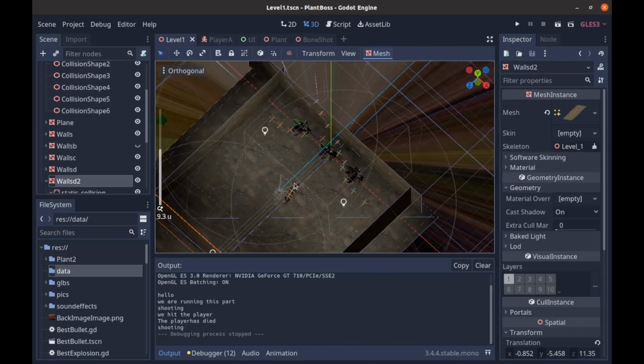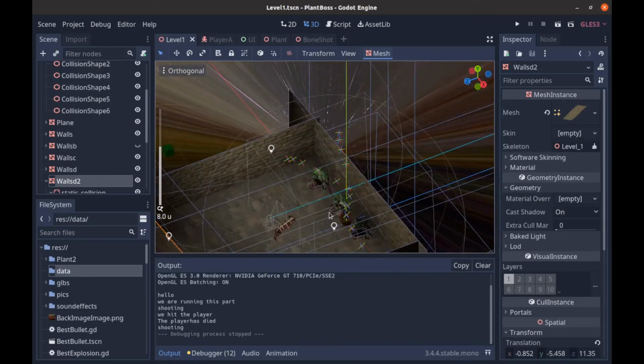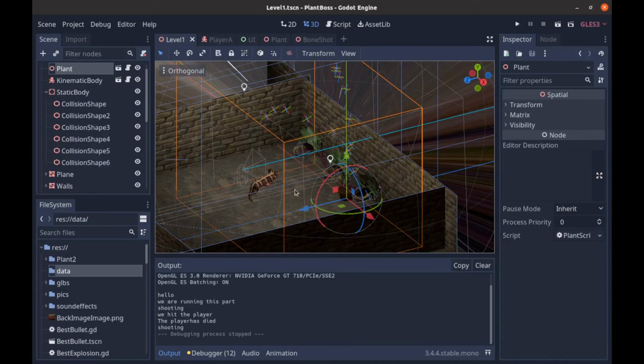You know what? We'll save it. Yeah, it's not a perfect game. I mean, you can still jump over it. It's just kind of hard to see. But that would be very visually frustrating to the player. Let's